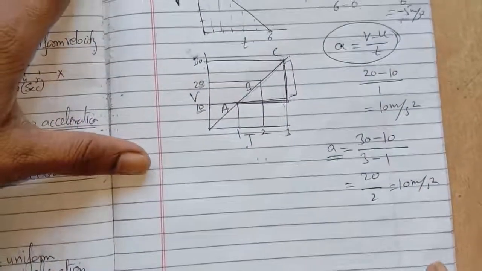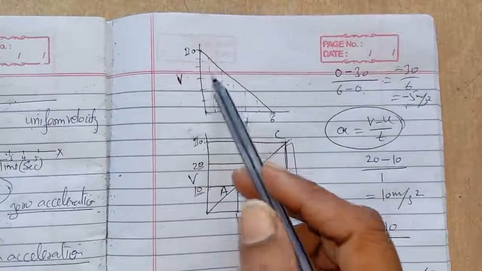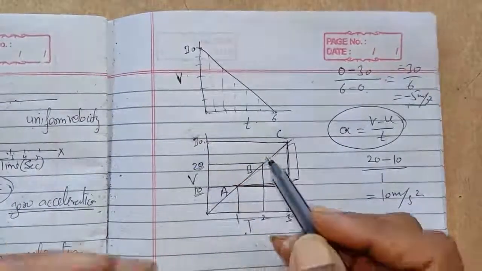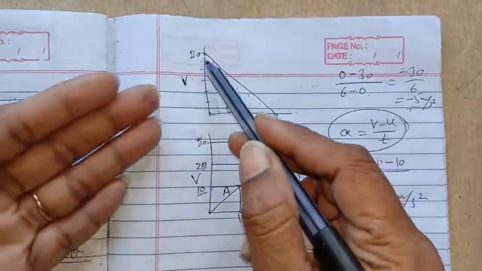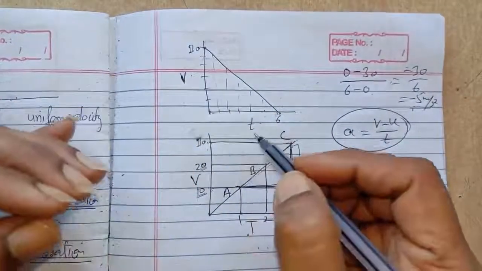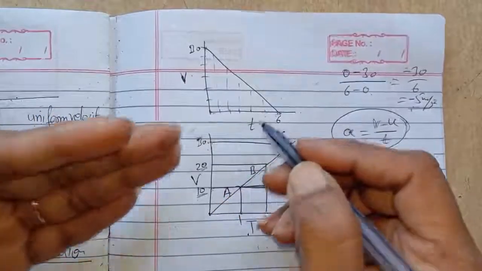And if you want to find the distance from the graph, again in this question, I asked you to find the distance covered by the body. And you took the formula speed multiplied with the time. If the velocity of a body is changing, you can't use the formula distance is equal to speed multiplied with the time. You can't use this formula.